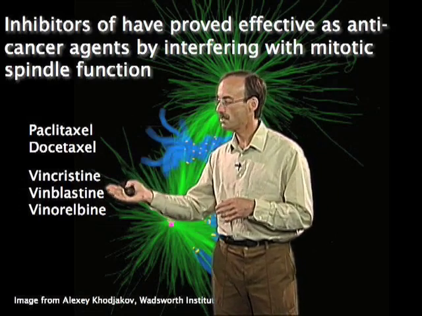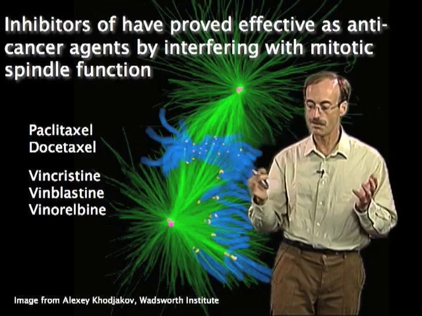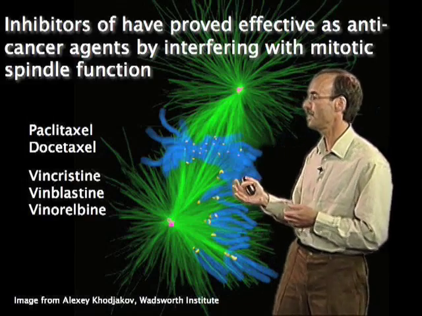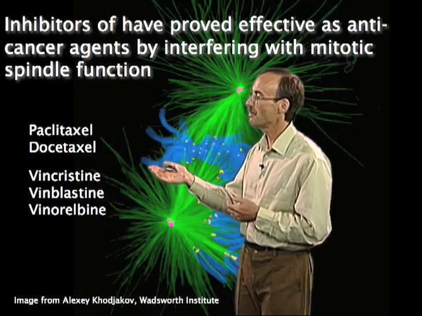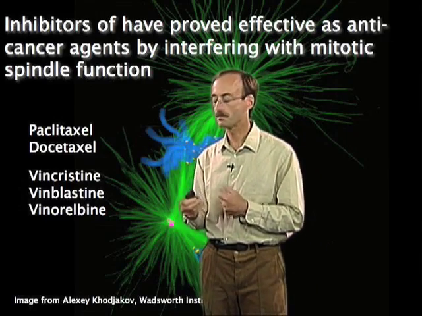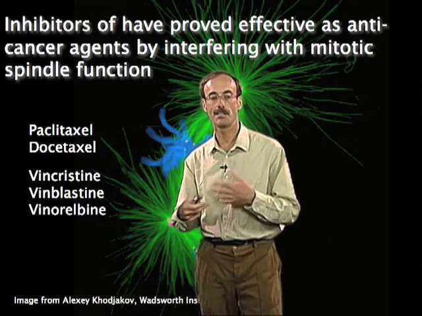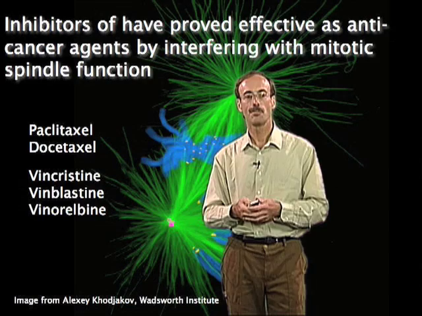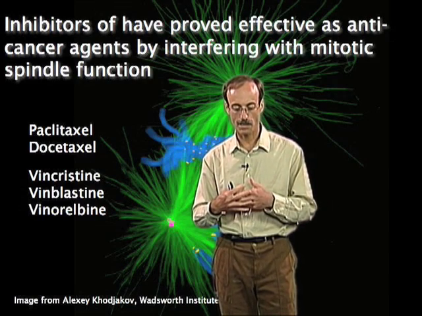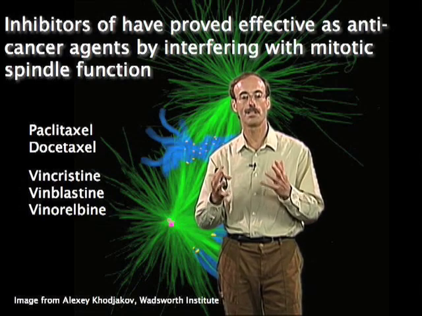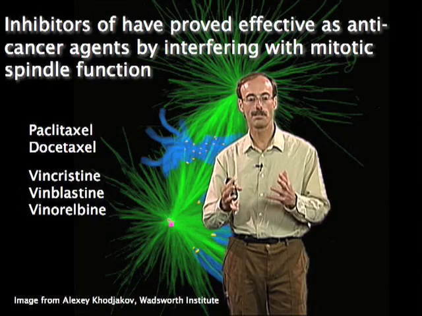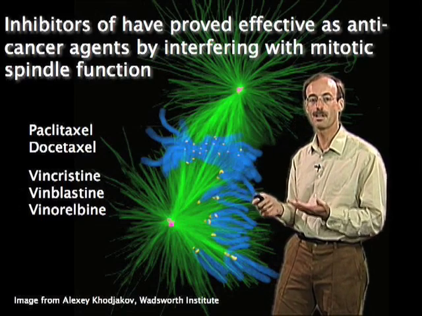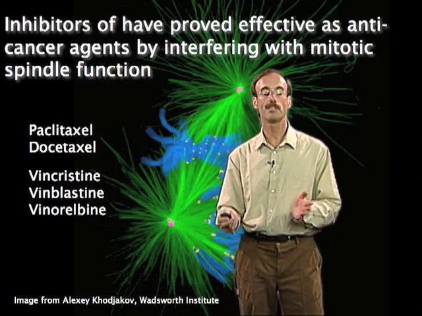However, these agents not only affect tubulin in dividing cells, but they affect tubulin in all cells of the body. In addition to affecting other dividing cells like bone marrow, there are also a number of neurotoxic effects of these agents because they interfere with microtubule transport in neurons as well. So maybe the future is to try to develop more strategic, specific ways of affecting the mitotic spindle to stop cell division. And there are a number of other potential targets besides the microtubules, and ones that are much more